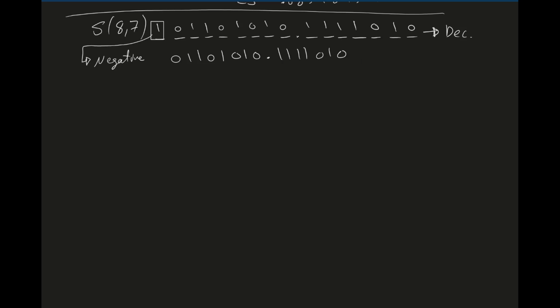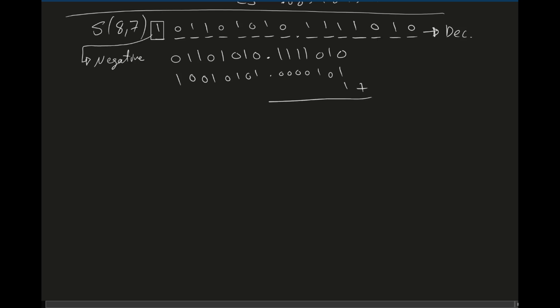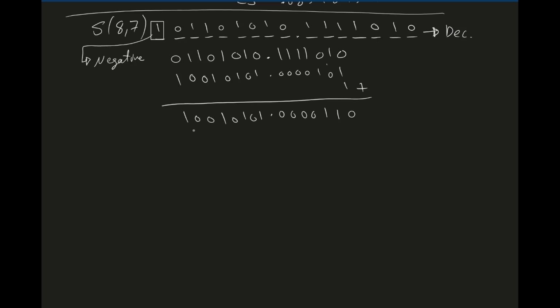0, 1, 1, 1, 1. So to take the 2's complement, what you do is you flip the bits: 1, 0, 1, 0, 0, 0, 0, 1, 0, 1, 0, 1, 0, 0, 1. Then you add 1 to this. Get 0, carry 1, 1, 1, 1, 2, 3, 4 zeros. 1, 0, 1, 0, 1, 0, 0, 1. You evaluate this, you get,